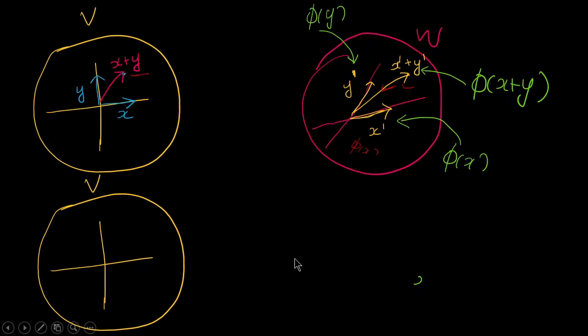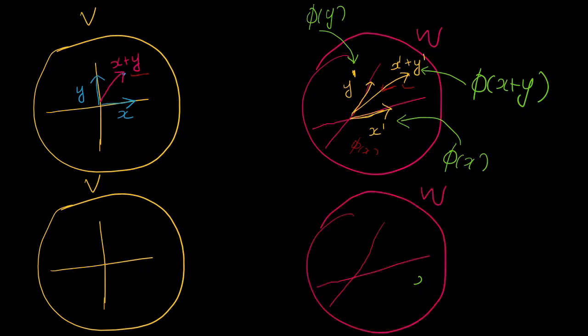Then next we can see the scaling. So we have v and w over here, the same vector space I have taken. So we have vector x here, and that is mapped to w, and we get x dash over here. Then we scale the vector x by a factor 2. So we get 2x over here, and when we map this 2x to w, we will get this. And at the same time, if we scale x dash, then also we will get the same vector. It should be same. So the scaling property is also maintained here.